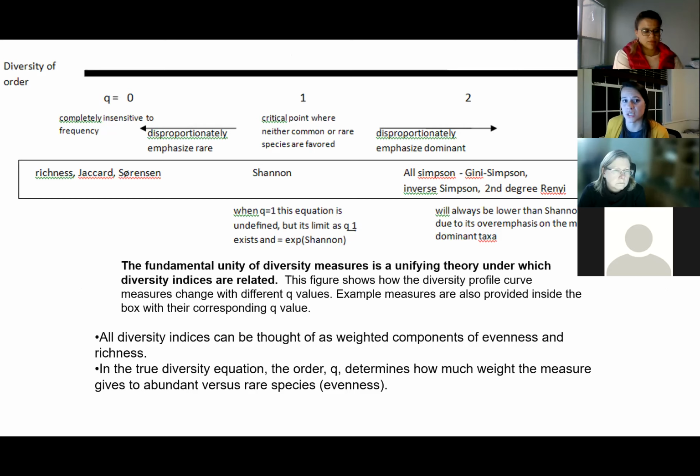Simpson, Gini, and Renyi are the ones that highly weight your dominant taxa. Whereas down here, your taxa that are more rare are going to be highly weighted in your Jaccard and your richness. And then kind of the equilibrium where neither the dominant nor the rare are being preferred is this Shannon